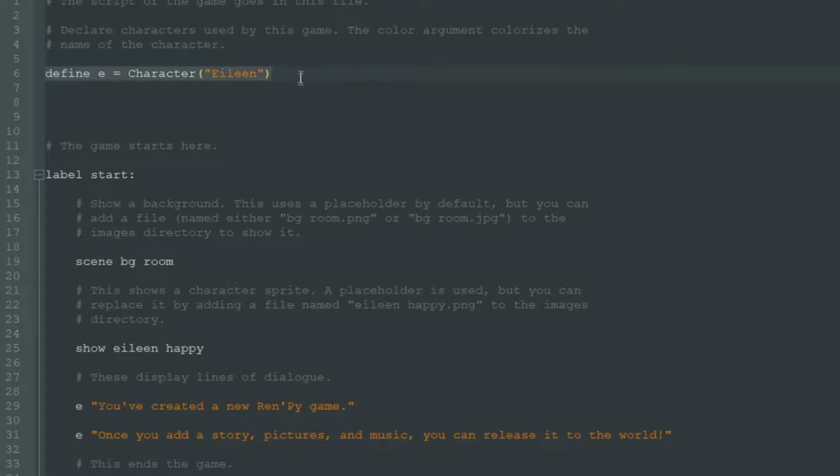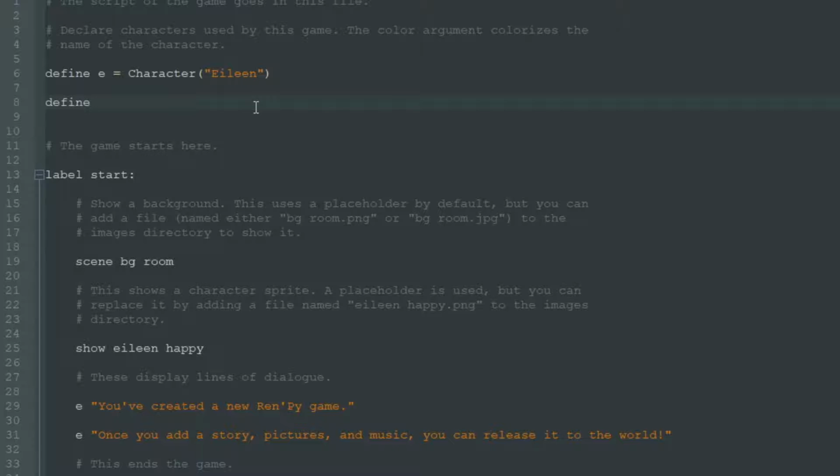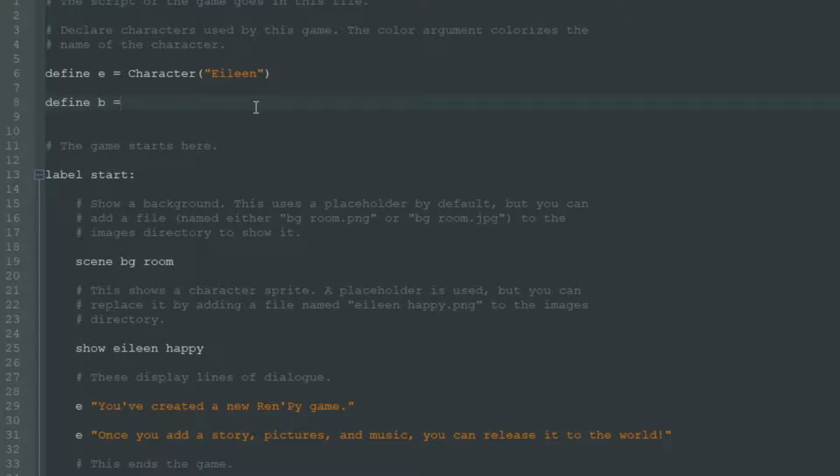There is a standard character called Alien. Let's leave her here and create another character. Let's call him Bobby. We write define, then we give our character some variable name. I usually use just 1 or 2 letters for the variable because it's just easier to write later. So our Bobby character will be called just B in the script. We write equals and